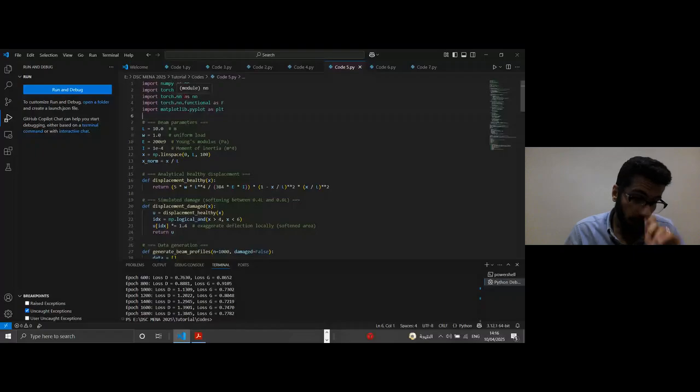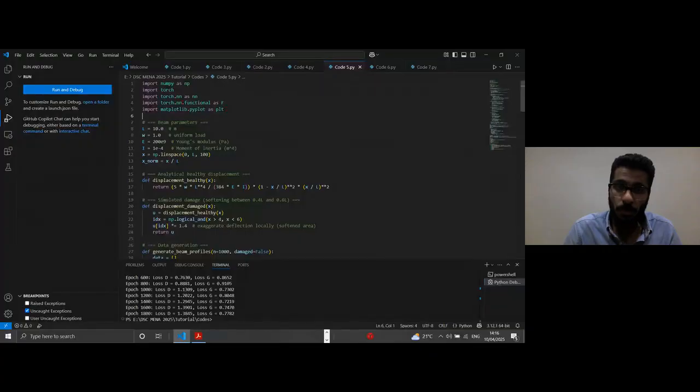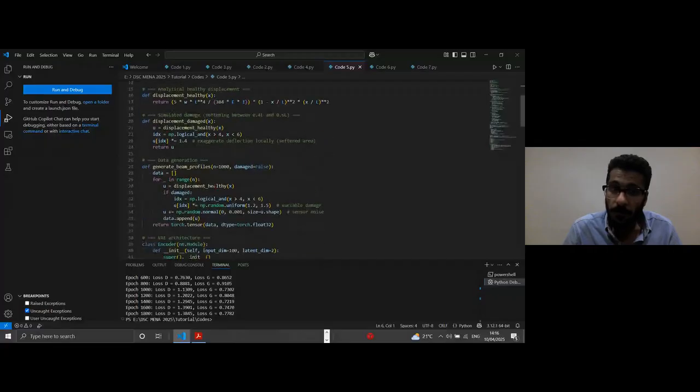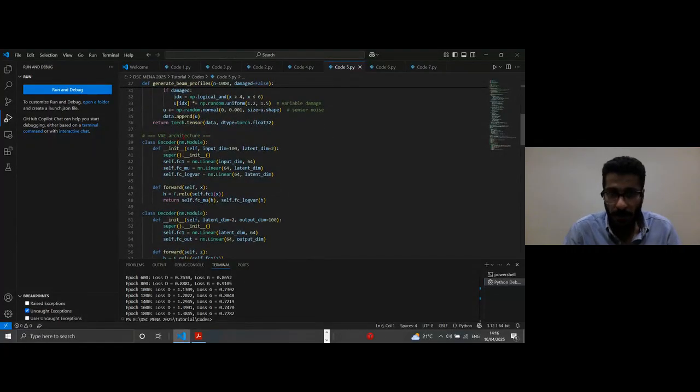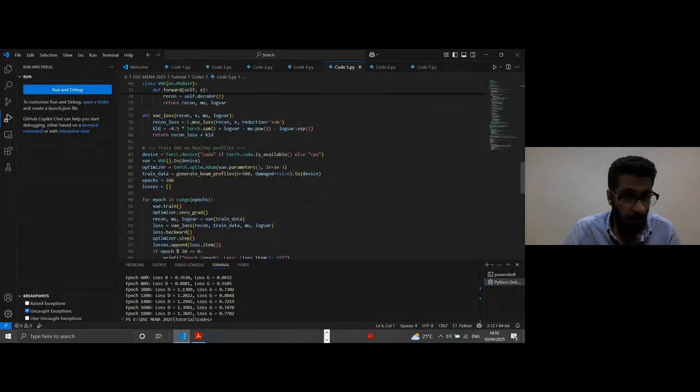Okay, let's try the variational autoencoder one. We are using the PyTorch library from Python to run the model and generate the beam profile for the synthetic data. We use the normal encoder and decoder for the variational model for generating data to be fed to the data set, or the pre-trained data for the beam.